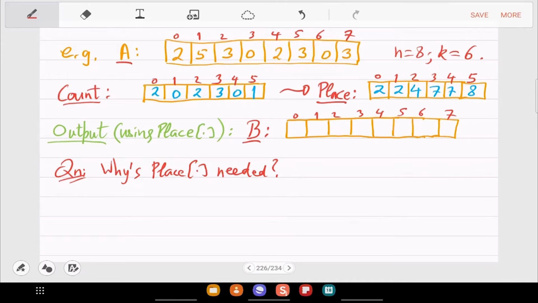So let us do the dry run of how the output is created in a stable way. We will actually read the array A backwards. We'll read it from location 7. So when we see that there is a 3, remember that 3 appears 3 times. So these are, let's say, GPA of 3 different students: student number 2, student 5, and student 7. And whatever we output, this student 2 should be before student 5 and before student 7. Okay, so we want to maintain that order.